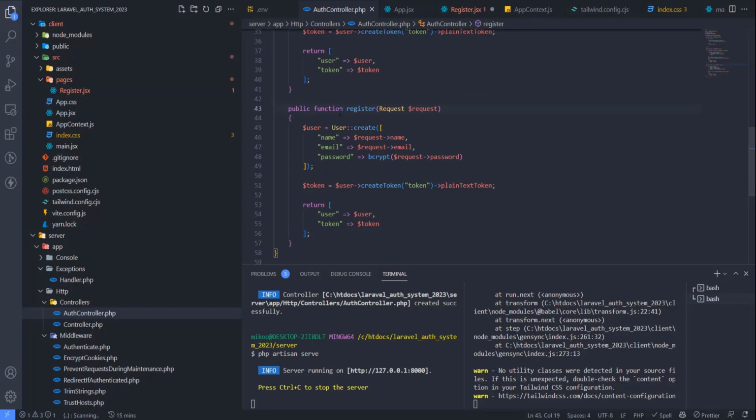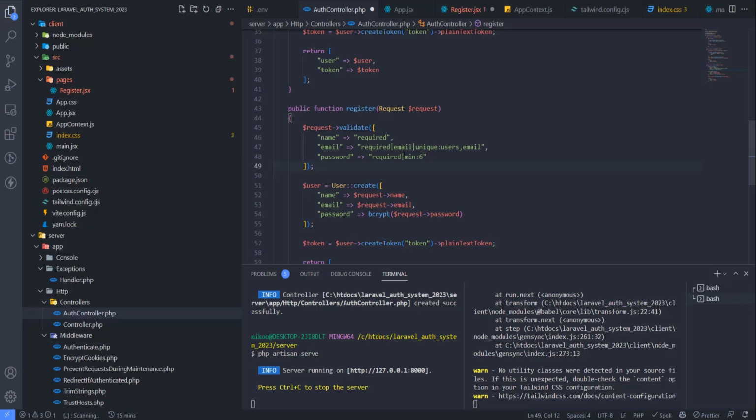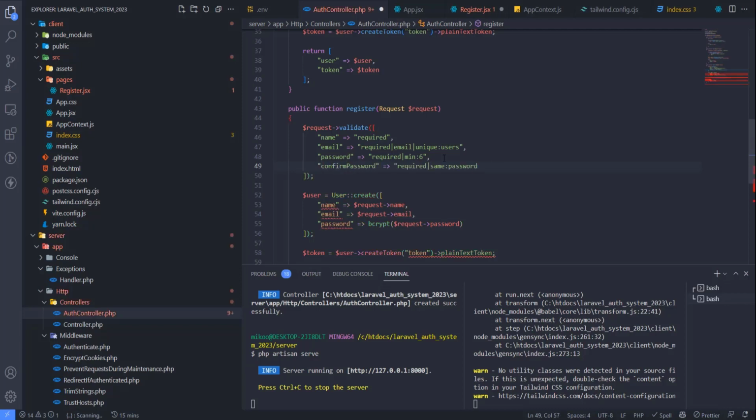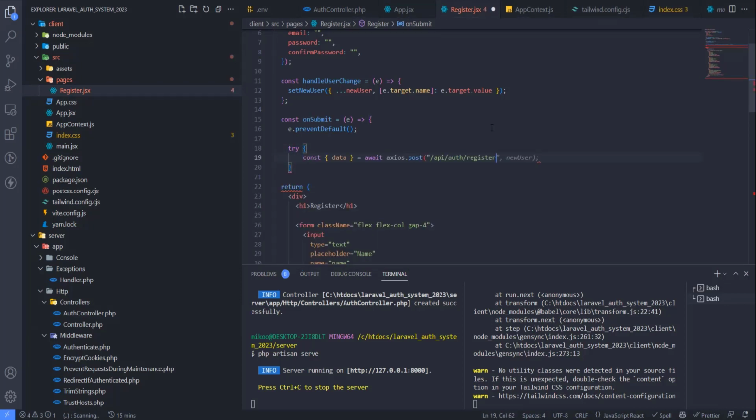So in the register function in the AuthController, we will have request validate, and then name, email, password, and unique to users. And then here we will have password, confirm password required, and the same as password. So that's our validation. And here we will have try const data await Axios API auth register newUser, and